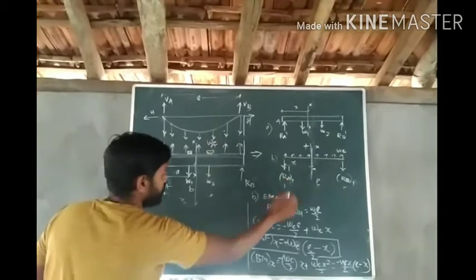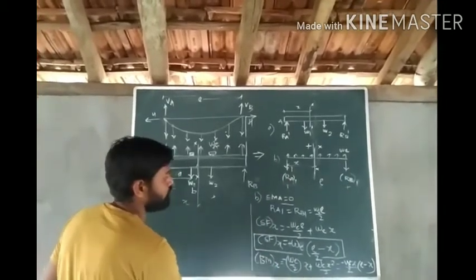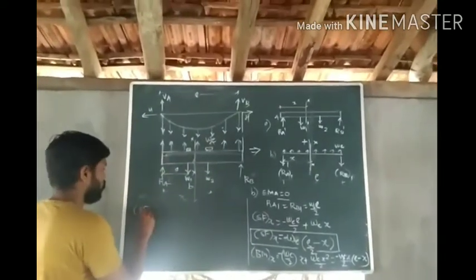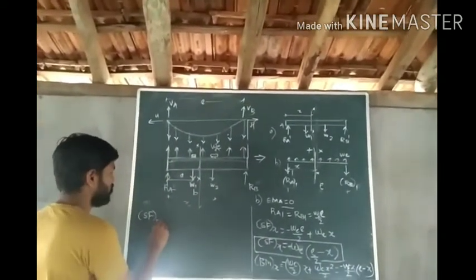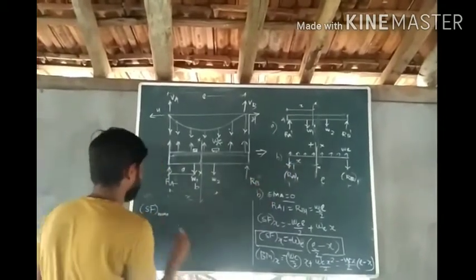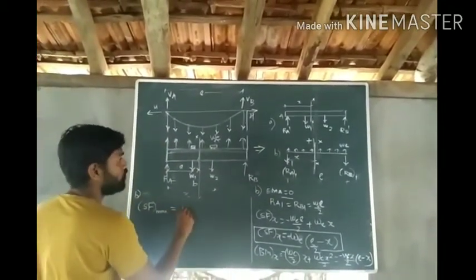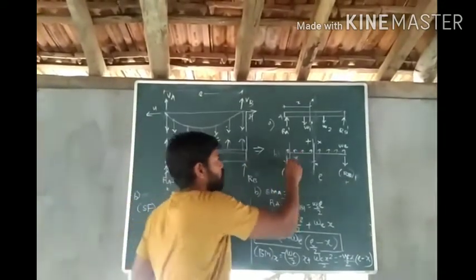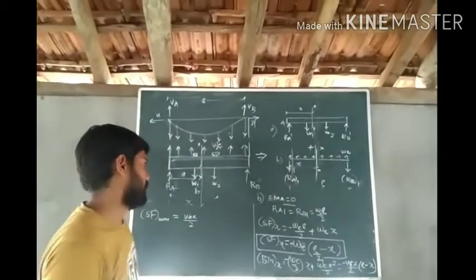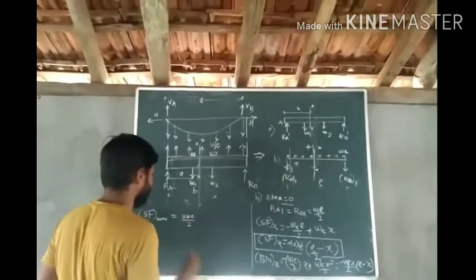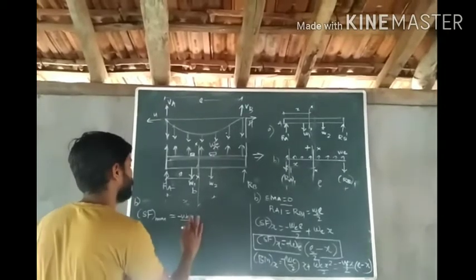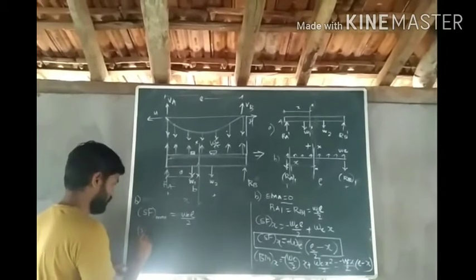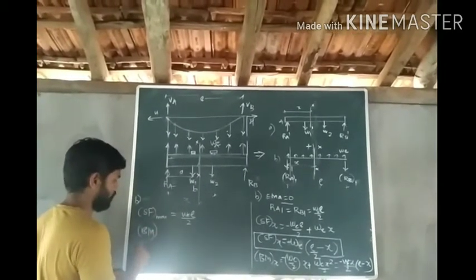First of all, we will complete this one. So now we have derived the general equation for the shear force at X and the bending moment at X. Suppose we want to calculate the maximum shear force for this UDL, for the second case B. This will be equal to WEL divided by 2, because this is a simply supported beam and the maximum shear force will be at the support, and that is equal to RA1, which is WE into L divided by 2. No need to write the sign, we will just check the magnitude.